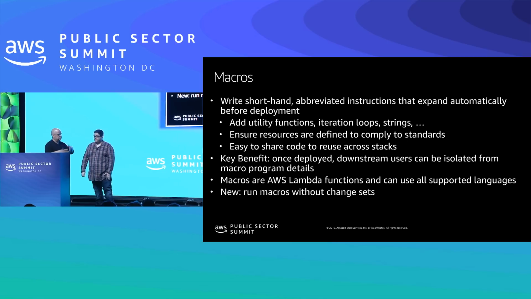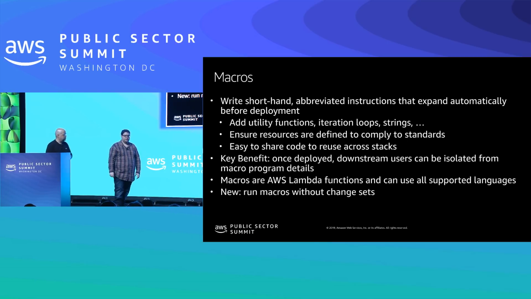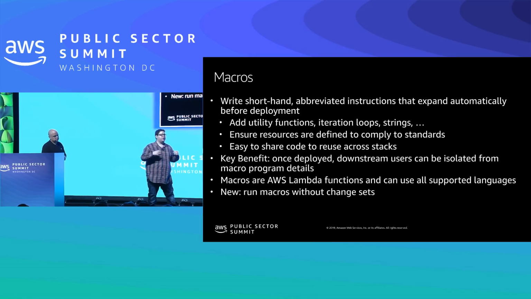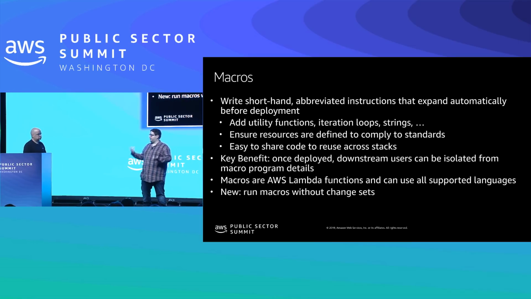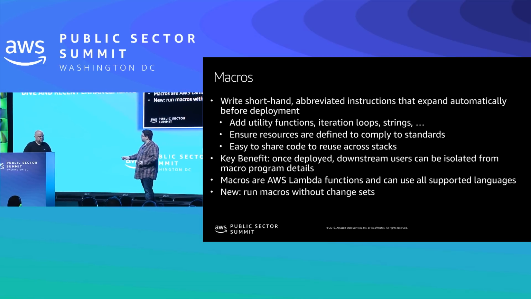Let's talk about macros and the layers of programmability that we're trying to add here. Yeah, so customers have a bunch of options when it comes to CloudFormation and generating their templates. Some folks choose to use DSLs, right? They choose to use things like Troposphere, Sparkle Formation, and they want to continue to have that extra ability to do some more complex things. And we're adding a new one called the CDK. I think you'll be talking about that a little later, right?